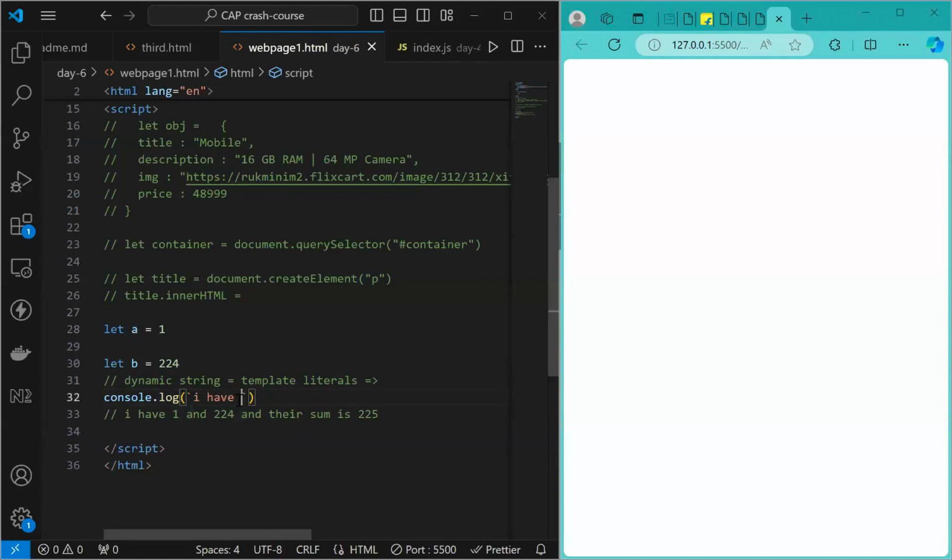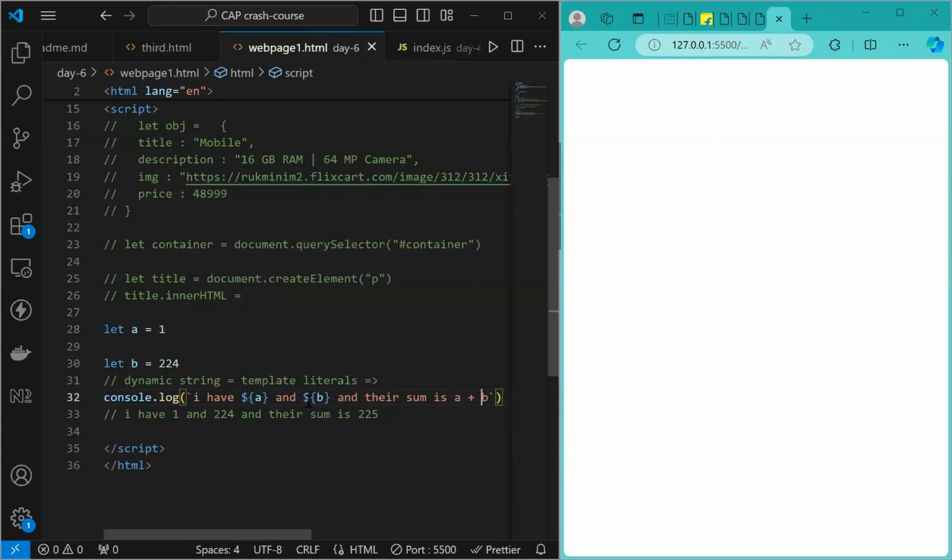For now, in a usual string, if I write I have A and B and their sum is A plus B, in this normal kind of string, this will be directly written as A. It won't write 1, we're going to directly write A. But in template literals, what you can do is write dollar and curly braces. Now this will be dynamic, right? So it will contain the value of this variable directly. So here, if I go and write dollar